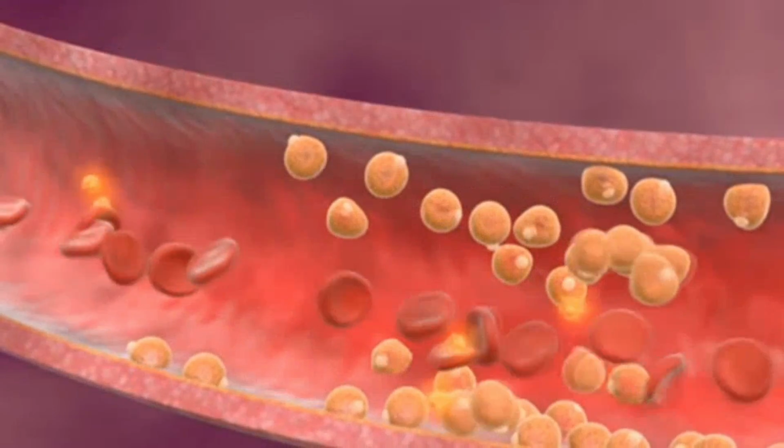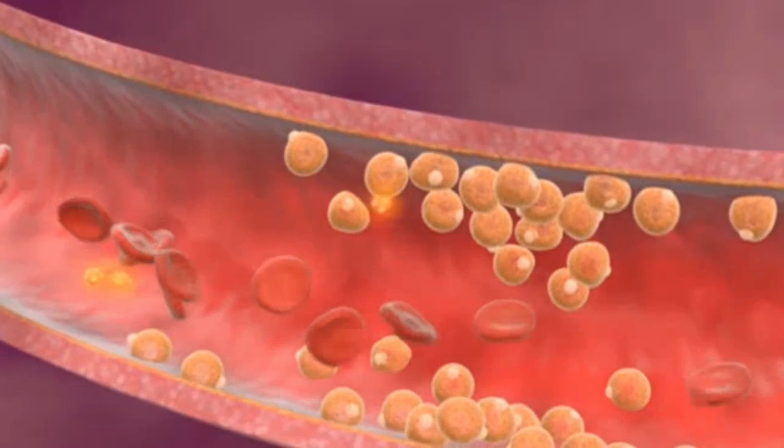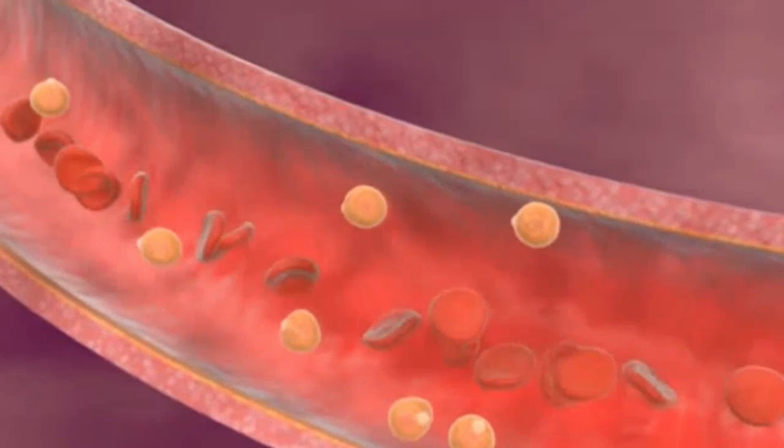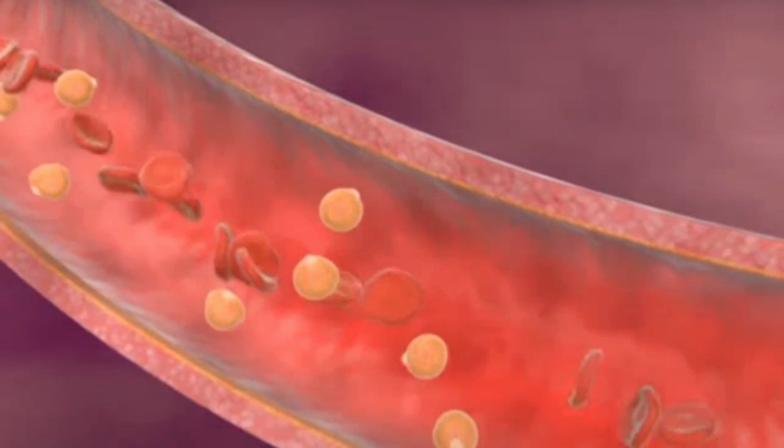Now, the HDL, which is the good one, removes excess cholesterol from the cells, from the tissues, and also widens the plaque, or basically removes it from the blood vessels. So it is good cholesterol because when it removes them, it sends them back to the liver, and the liver discards it from the body. So that's why it's good cholesterol. But